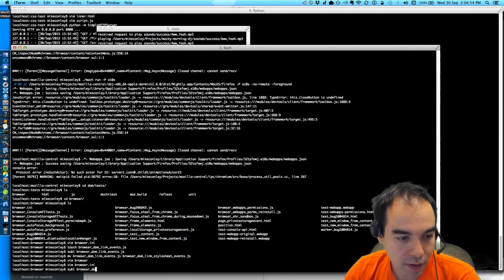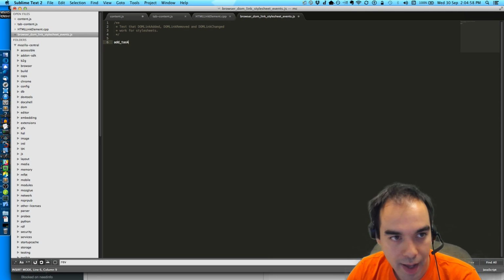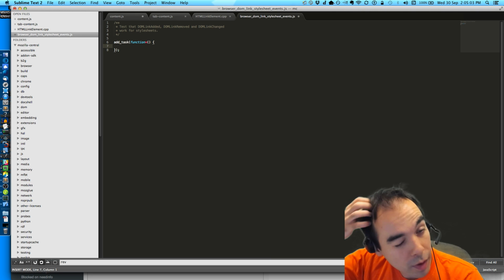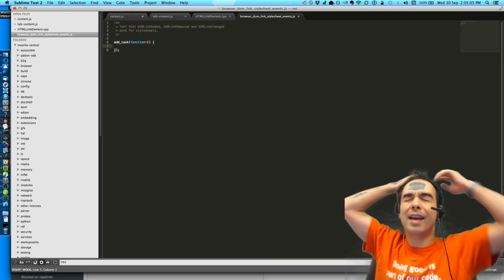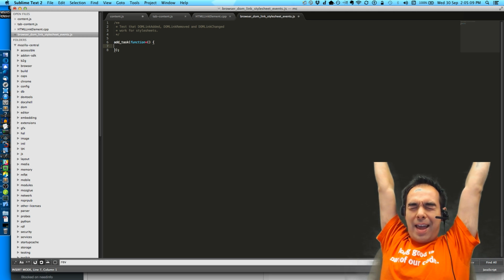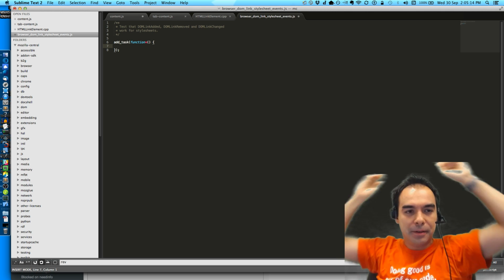Great. So add task. What we're going to do is create a test page, and it's going to have a style sheet in it. Excuse me, I'm a little bit tired.